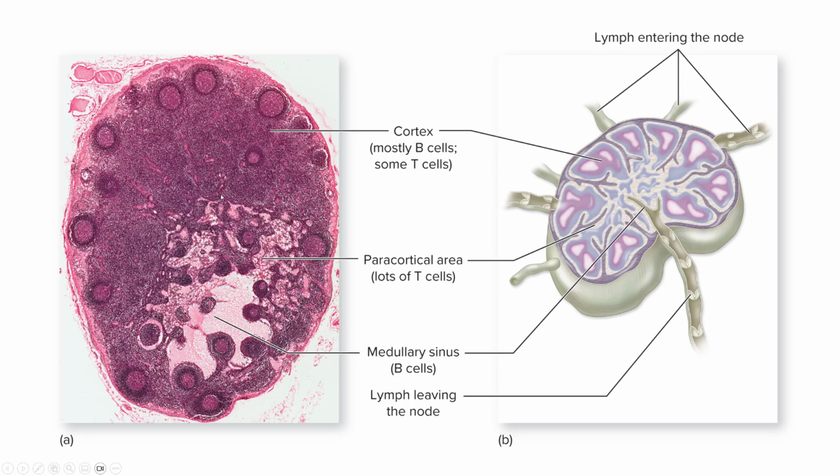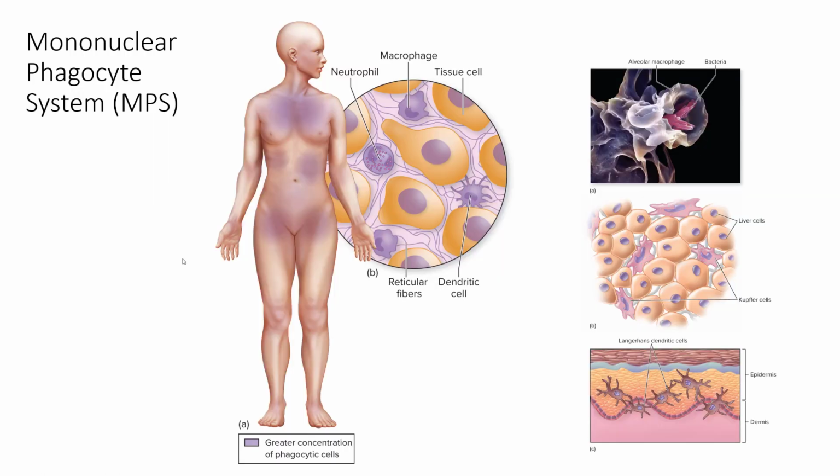So that's an illustration, and this is a real cross-section microscope image of what that looks like. And then here we see an illustration of the mononuclear phagocyte system. And then the pink areas here, it's shaded for where these are most dense. And what you see here are cells, the purple representing the nucleus, this being the boundary. And these little fibers here, those are the reticular fibers, of which the macrophages, things like neutrophils, macrophages, and dendritic